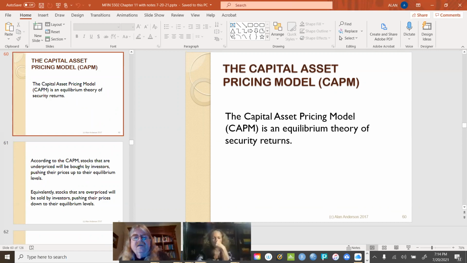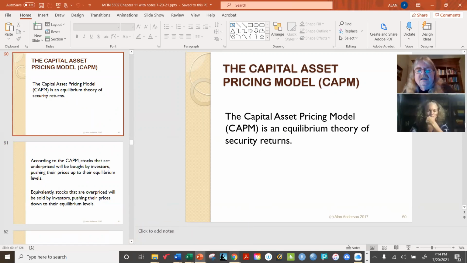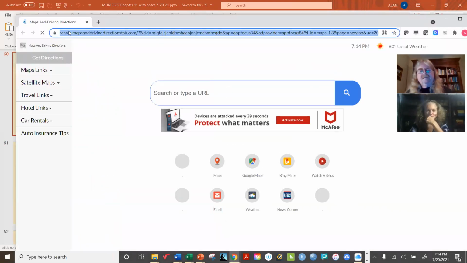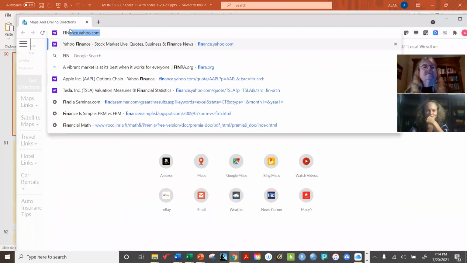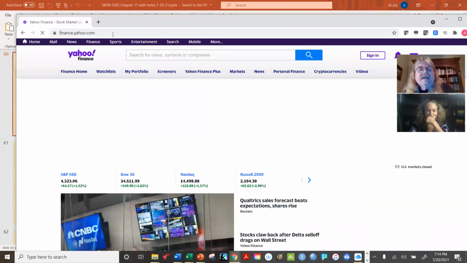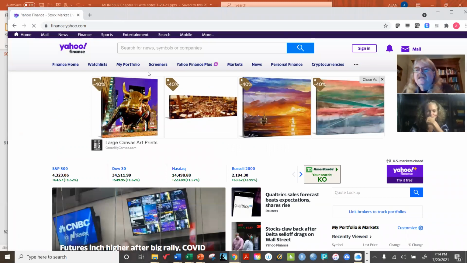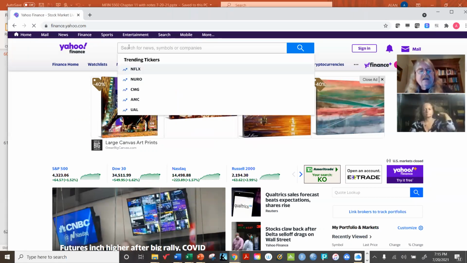In fact, just to show you how important it is, let me go show you, just for a second, finance.yahoo.com. Now, the capital asset pricing model develops and introduces its own unique measure of risk, which is called beta. And you may have heard of that before, but you might not have known how it was developed or what it means. So if you go here and look at any stock,